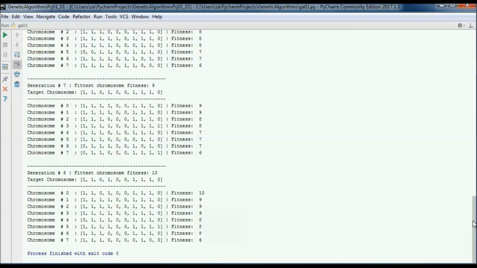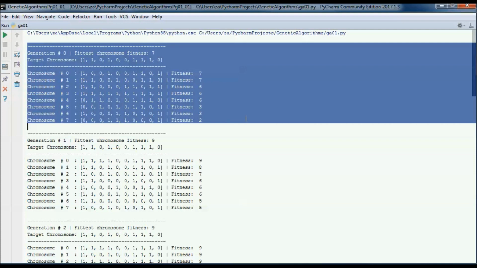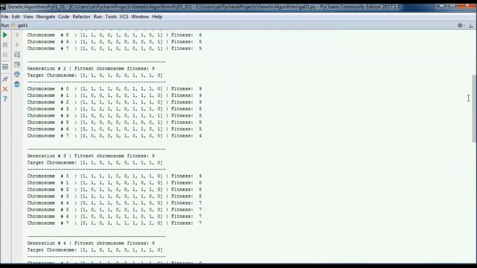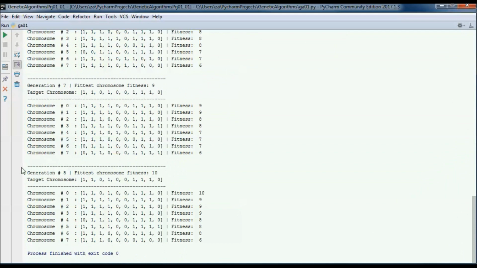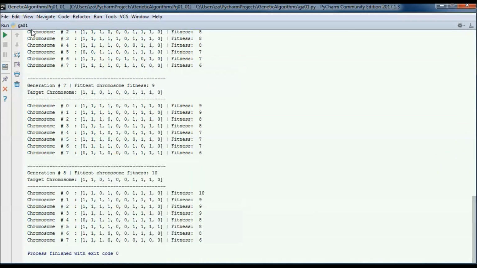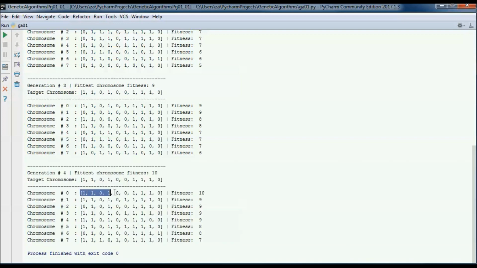So we went from generation 0, where the fittest chromosome was this one, to generation 8, and if we run it again, after 4 generations, we find the target chromosome.